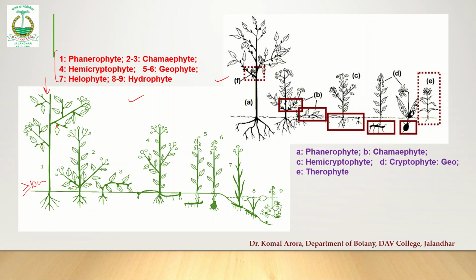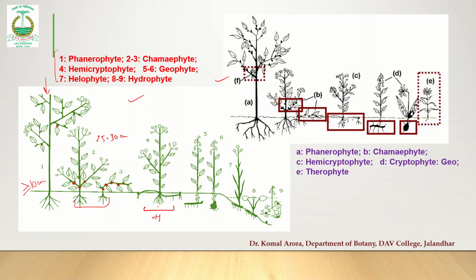Then comes the chemiphytes. So these two examples are for chemiphytes. They may have upright plants, maximum height, but it will be only 25 to 30 centimeters. But their buds are present close to the soil. Look, these are the buds. Or they may be plants which are having the foliage close to the soil. Okay, they may be kind of prostrate plants. So here buds again, they lie close to the soil. So these are chemiphytes.